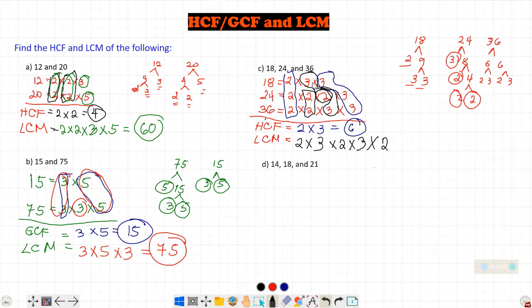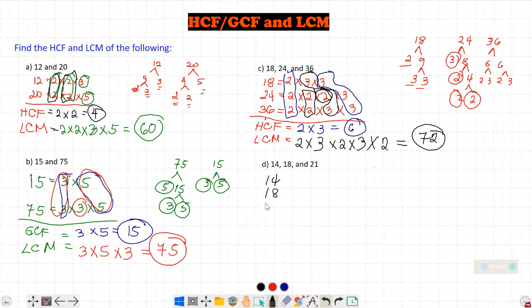For the LCM, it can be all 3, and it can also be at least 2 of the 3 numbers having common factors, and we write this as 1. Okay, so the LCM of 18, 24, and 36 is 2 times 3 times 2 times 3 times 2, which is equal to 72. Okay? So another one, let's answer 14,